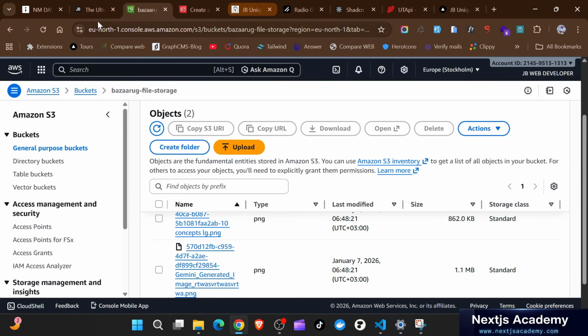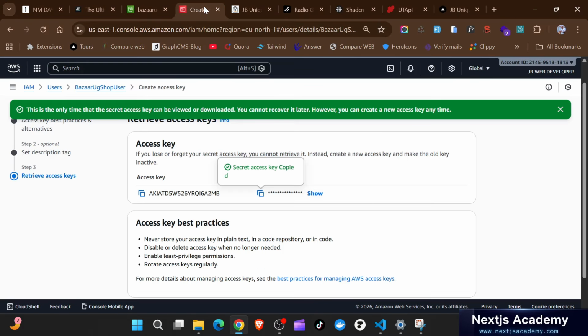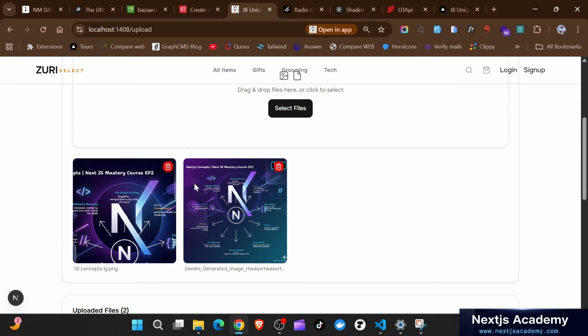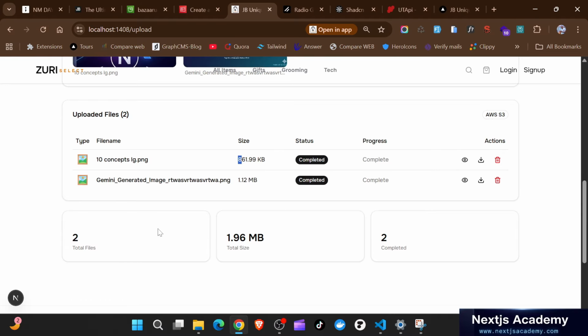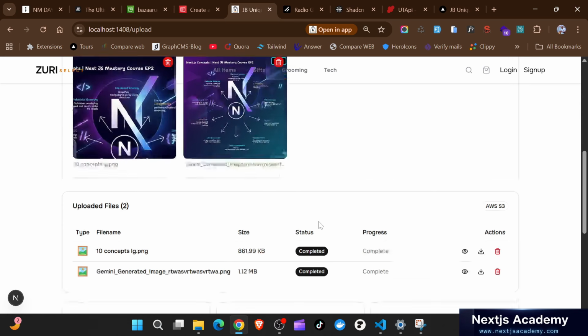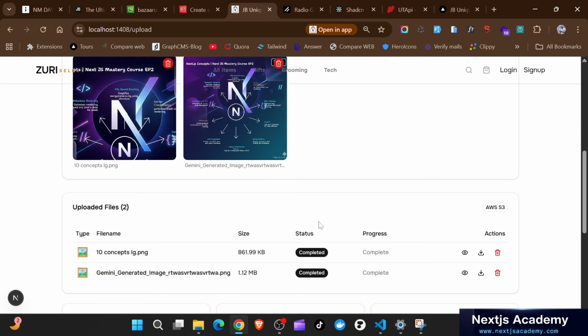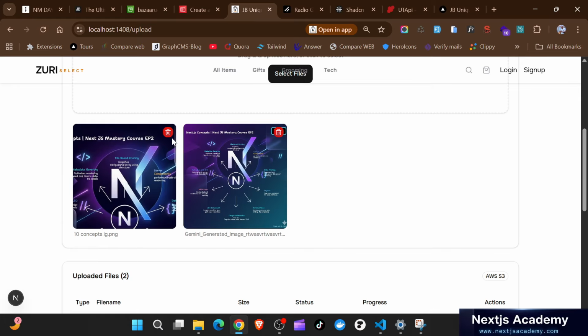So if you go back to the app, here in the demo I did, you see down here you have these sizes, like 861, and you can see them here. So you're going to have something like this, where you have total files, total size, and the successful ones. Now we also demonstrated the delete capabilities of this, so you can just go ahead and delete